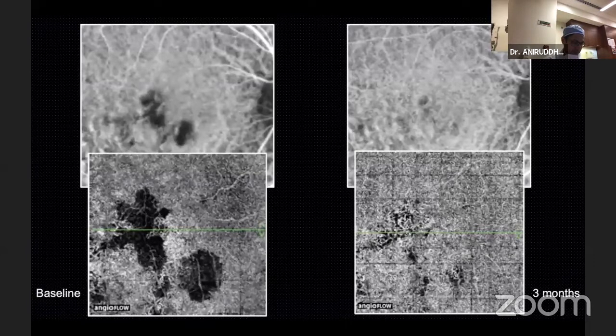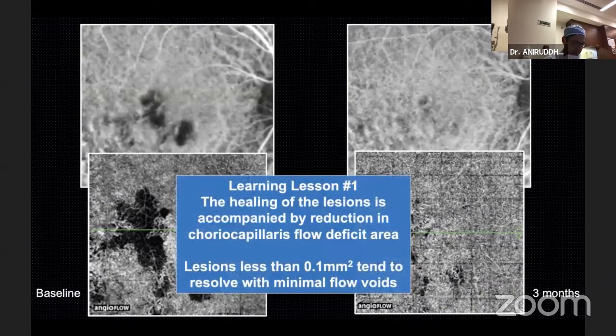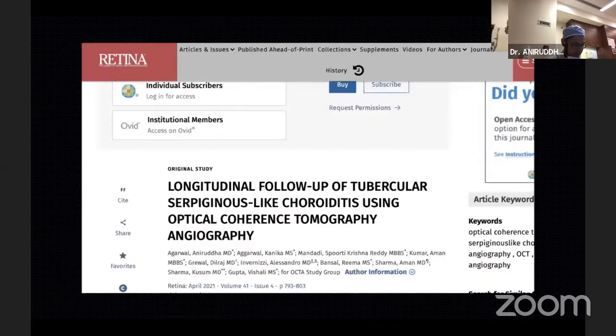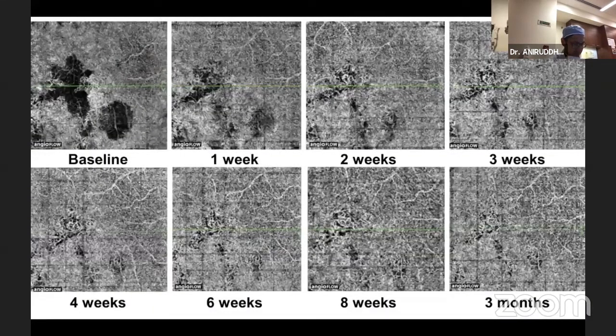And you can see that there is near complete resolution of the choriocapillaris flow except for some disturbance in the center of the lesion. So this is a very important learning lesson for us, that healing of choroiditis lesions is accompanied by reduction in the choriocapillaris flow deficit area. And we realize that if the lesion itself is less than 0.1 millimeter square in size, they tend to resolve with minimum flow void areas. And this was subsequently published in the 21 April issue of Retina journal this year. And as you can see, you can have a very good follow-up imaging using OCT angiography in patients with